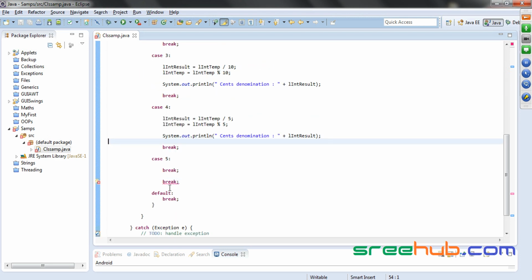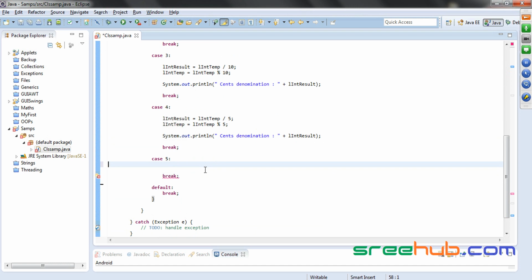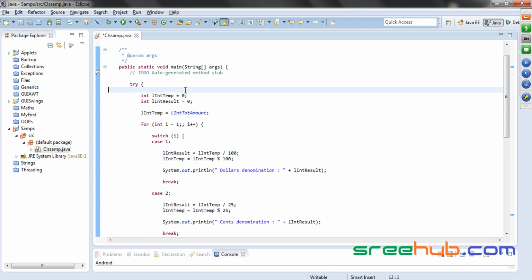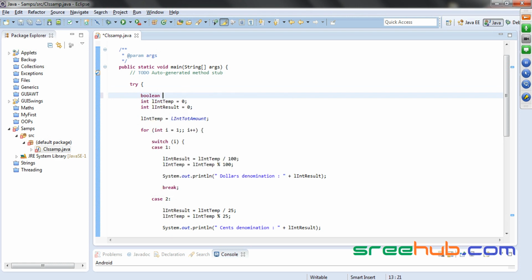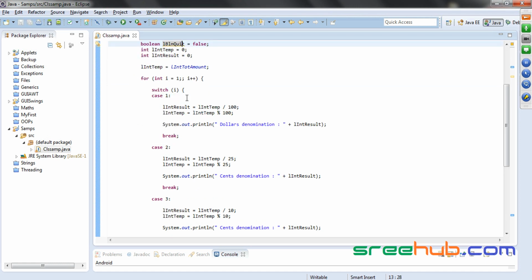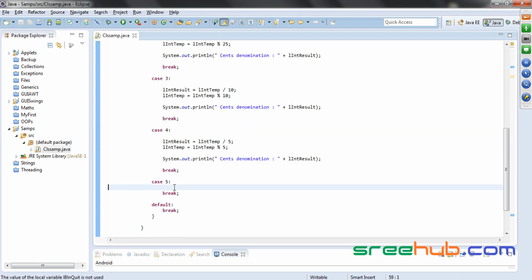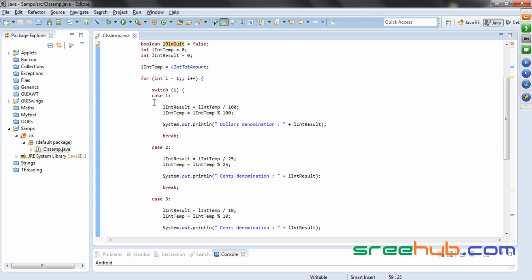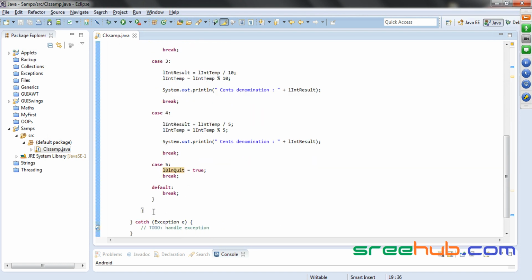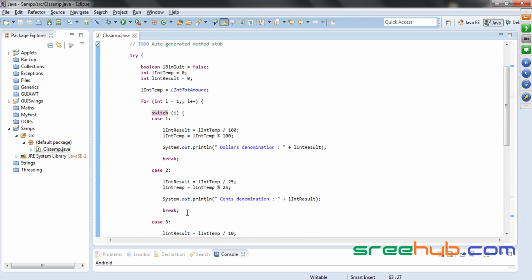Let us, yeah, I want to break it. So let me write here something like this. So when it comes to this, true, this loop will come back here. So here what we'll do, if it's perfect, every time it will be false, let us make it false in every loop